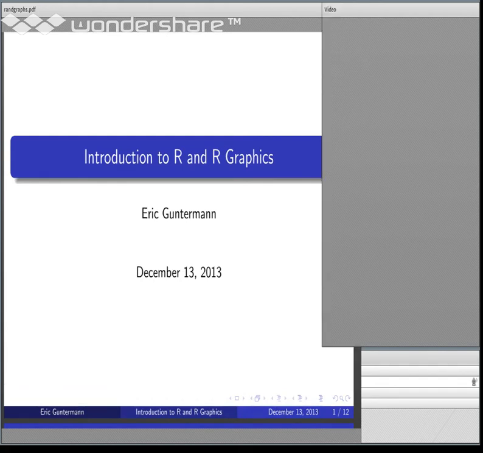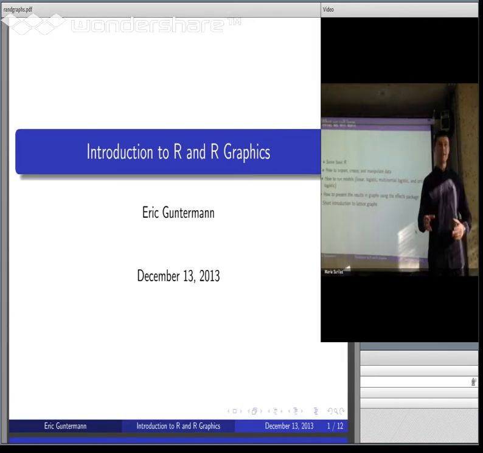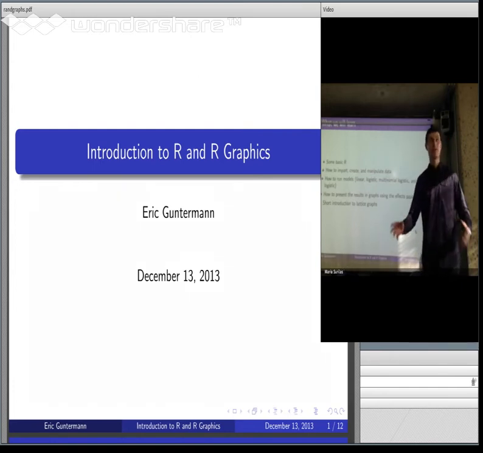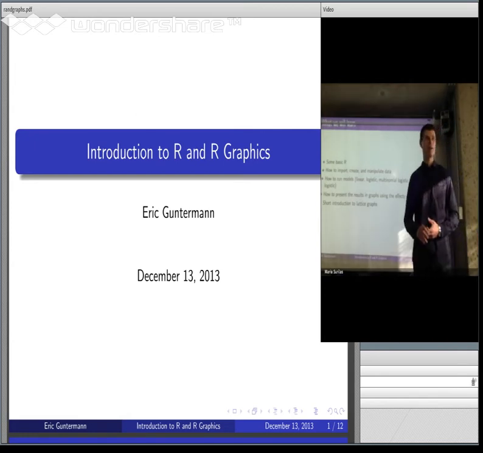So linear, logistic, multinomial logistic, and ordinal logistic, which I believe are the most common types of models used in the social sciences. Then we're going to learn how to present results and graphs using a very easy to use and very effective package called the effects package. Then we're going to talk about the lattice package, which is what effects uses, but it's very flexible. You can do a lot of different things. And it's probably the most advanced, or one of the most advanced packages that you can use to make graphs